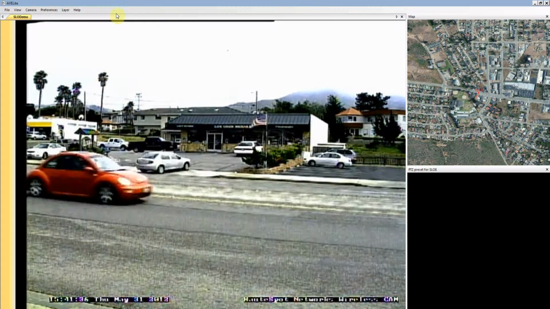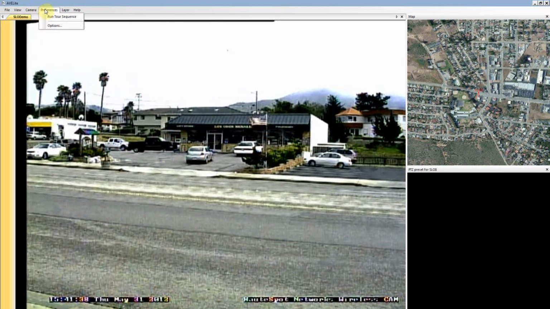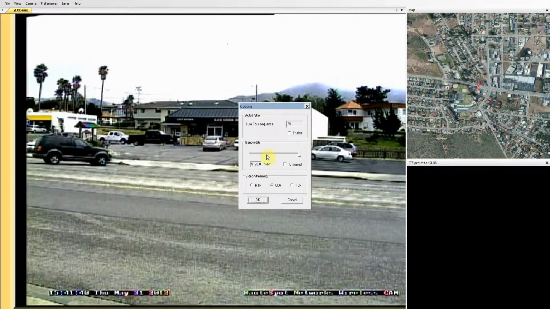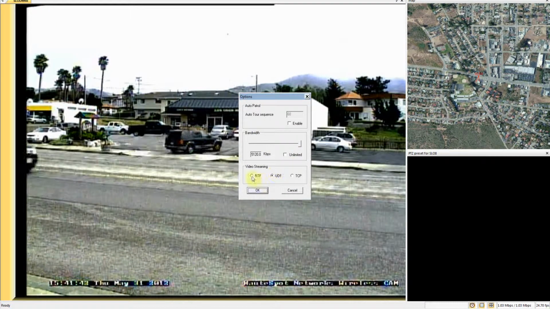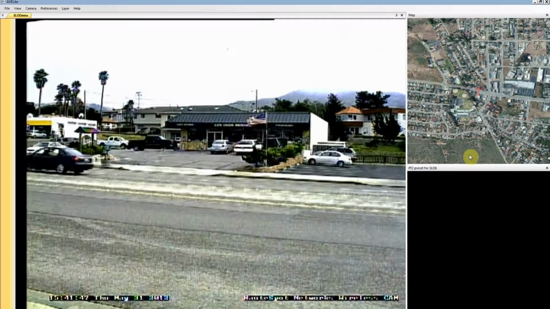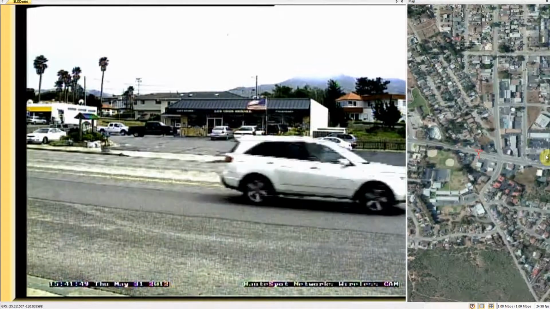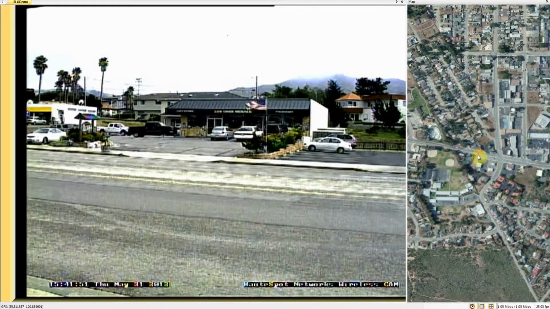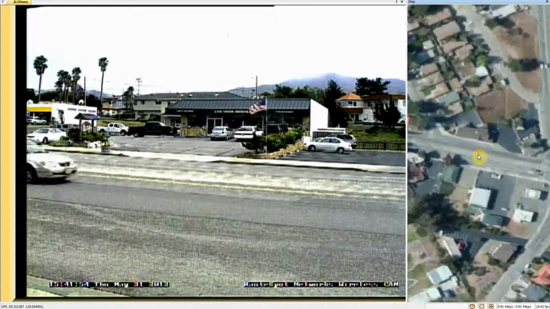And again, we're running at unlimited UDP protocol at this point. I can blow the map up and I can zoom in to see the exact position and the field of view of the camera. So we're looking from our office across the street at the pharmacy, and